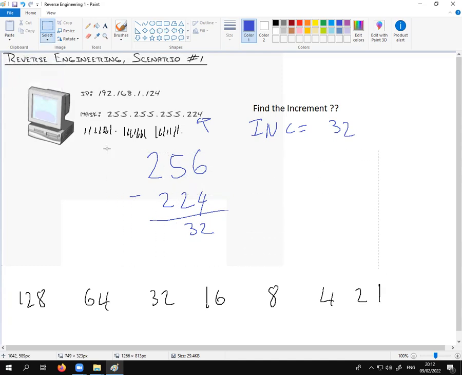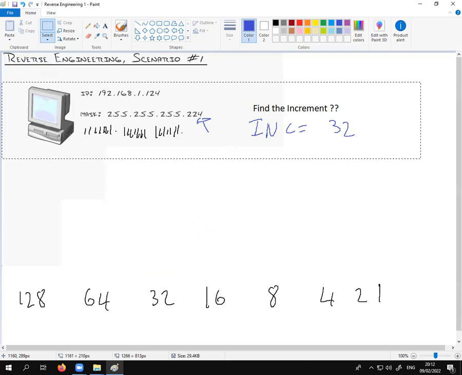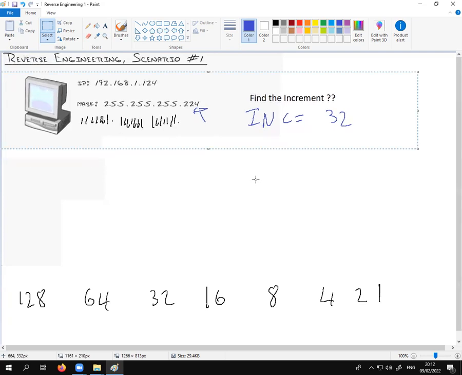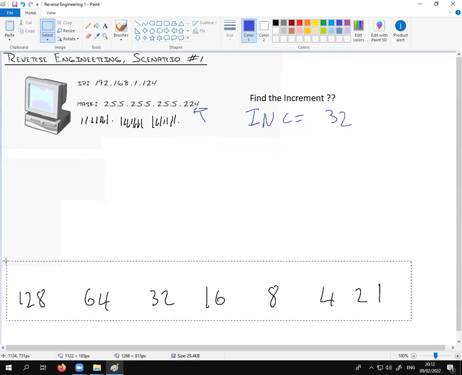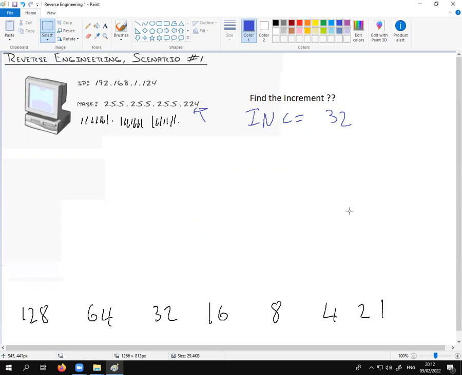So what does that mean? That means our new subnets will increment in the value of 32. We need to find out what subnet, what area, this PC lives in. So where do you start? You start at 0, because 0 is the perfect starting point, and you keep going until you find a subnet that will accommodate this PC. So you can start here and say network number 1,